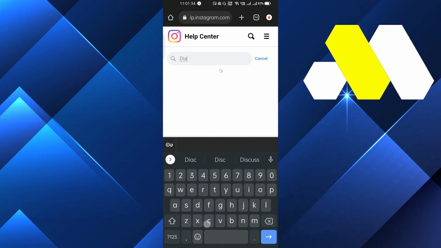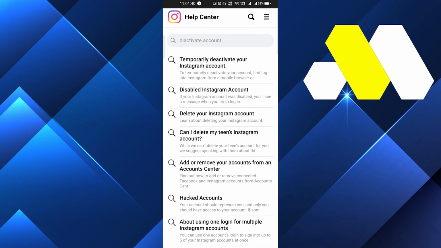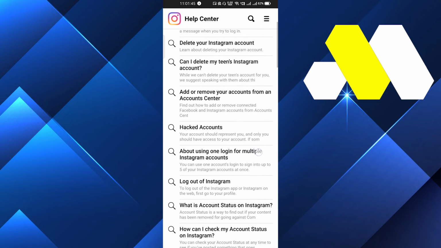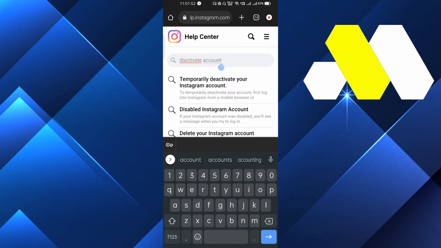deactivated, okay? Or you can also write disabled account, right? And after that you will get a lot of options for why your account got deactivated, just because your account got hacked and all that, right? So just click on the option that you want, and if you don't get the option here, just go over